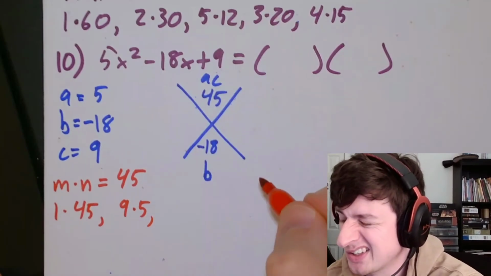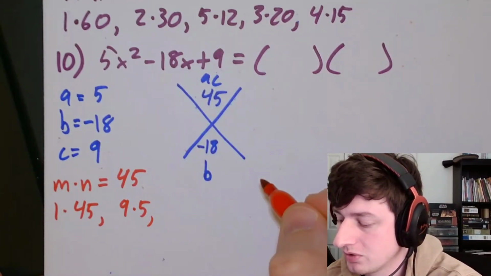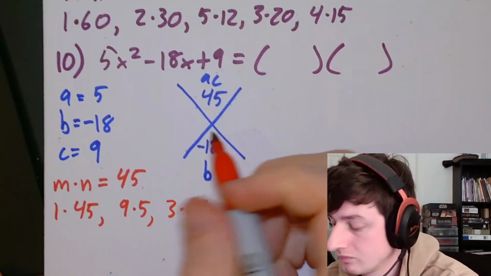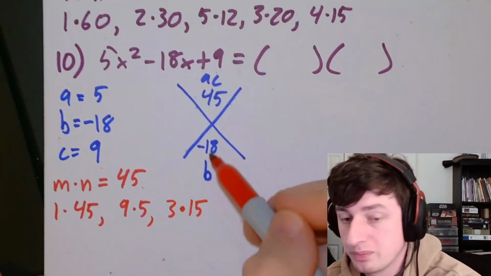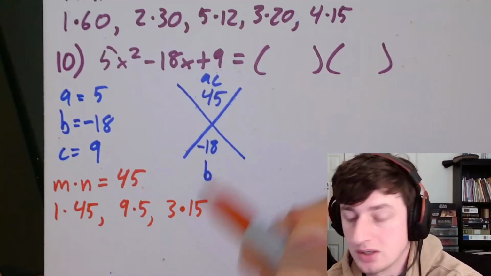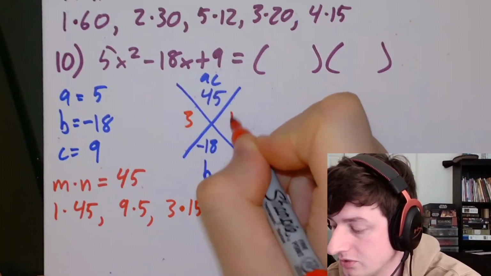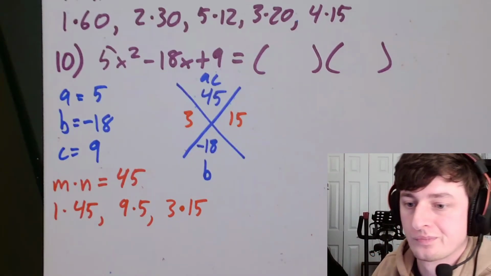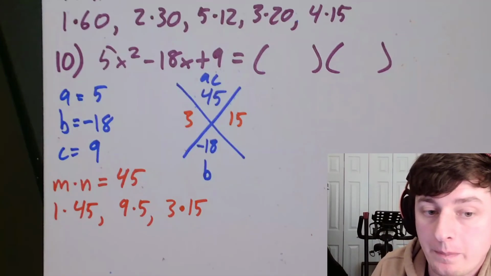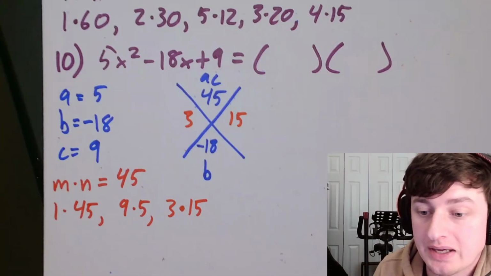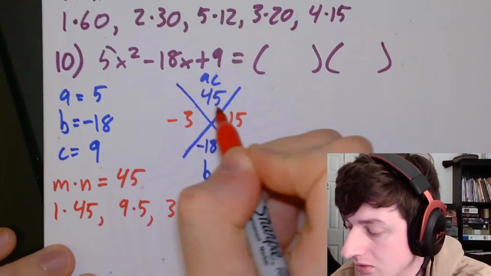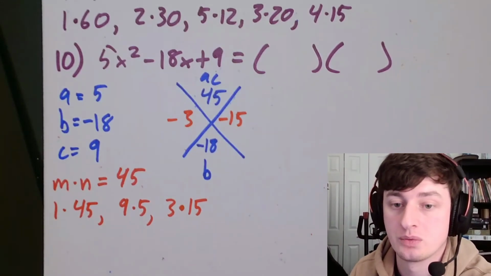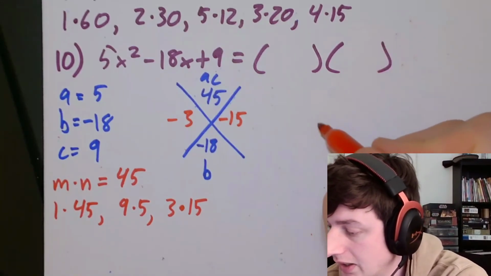All right, so our next options, things that multiply to make 45: 3 and 15, right? 3 times 15. Those can add to make 18. So this is 3, and this is 15. But they need to both be negative, right? We have to add up to this negative 18. So they're both negative. Two negatives multiplying make positive 45, and when they add, they make negative 18. So now we can fill in